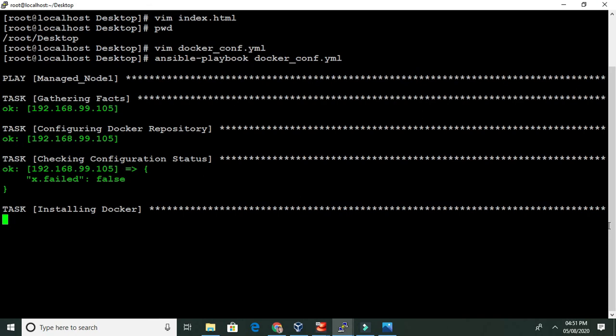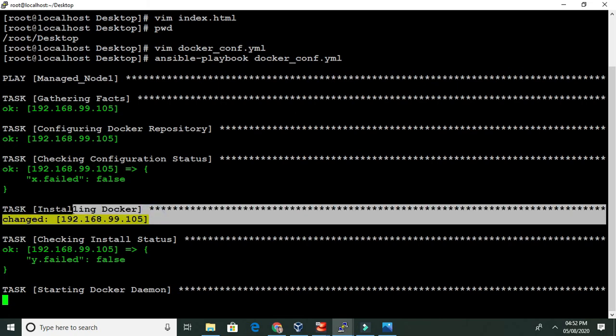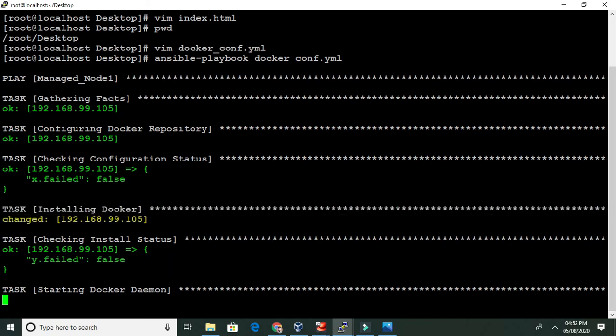It will take a little bit of time because it's installing around 160-170 MB, I think. So it's installed successfully and status is good.